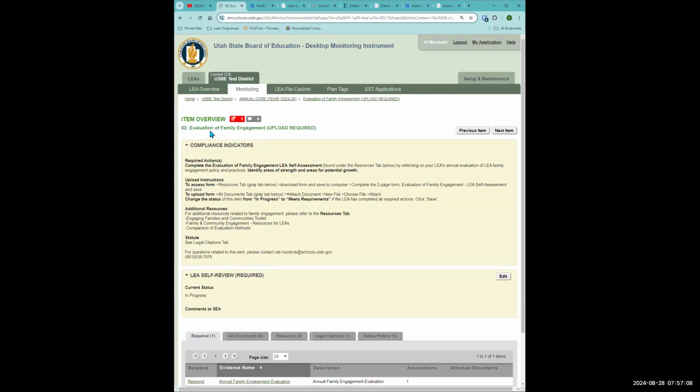This one is evaluation of family engagement. And I forgot on the last one, but you can tell an upload is needed in a few different ways. One is a red box appears with how many uploads are required. Two, you have some screaming capital letters. And three, under the required actions. So under the required actions for this self-assessment is you need to complete the evaluation of family engagement self-assessment found